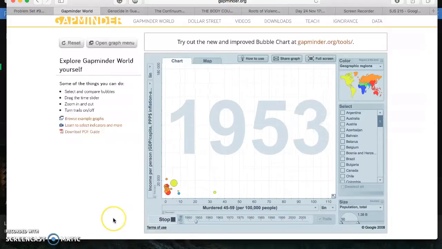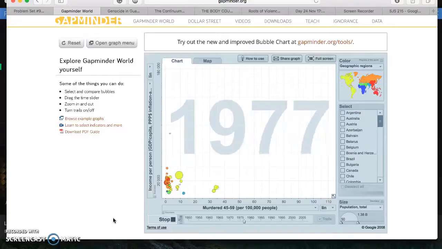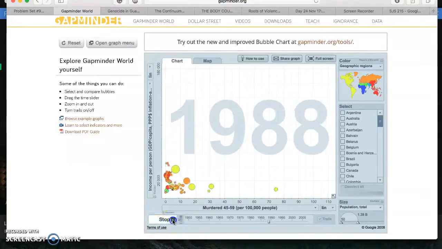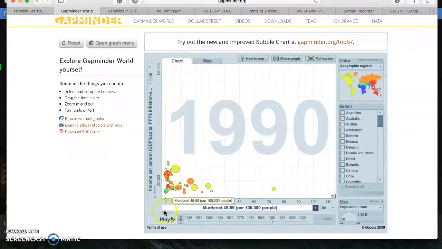So I realized that it didn't matter how old the people were. Guatemala just had a huge jump in the 1980s. So I thought this was really cool. Well, and sad at the same time,